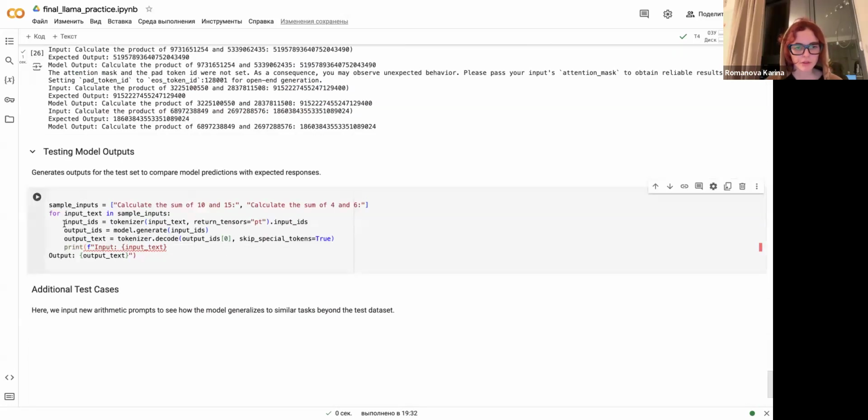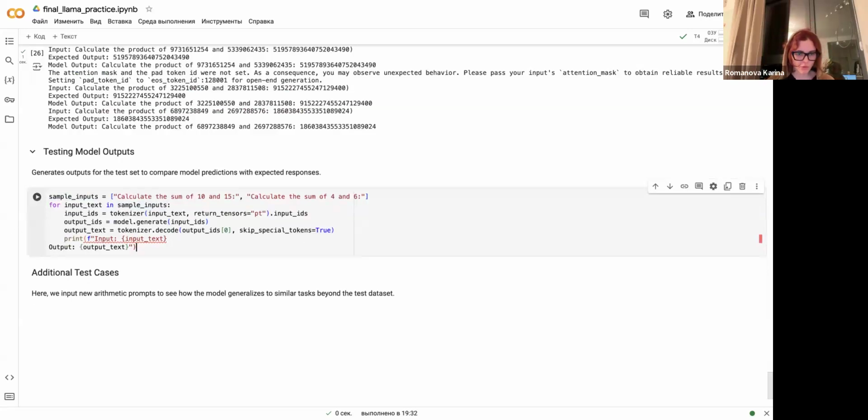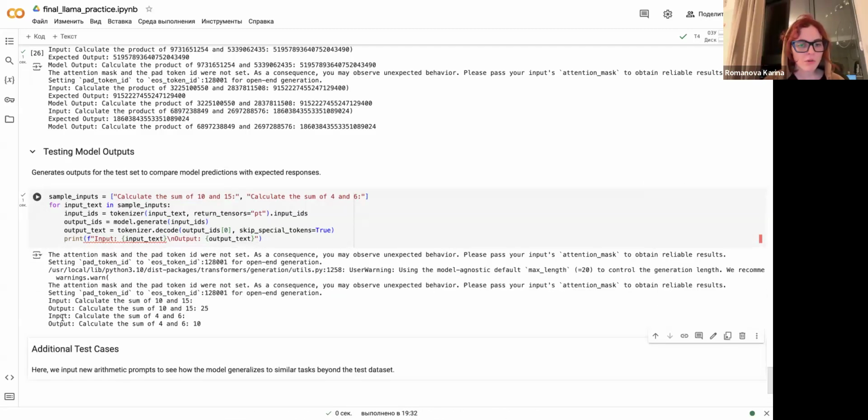Here I wanted to provide inference of our model. Give me a second, because right now we will have the same result as we had on the previous step. So as you can see, 10 plus 15 would be 25. 4 plus 6 would be 10. And also we can